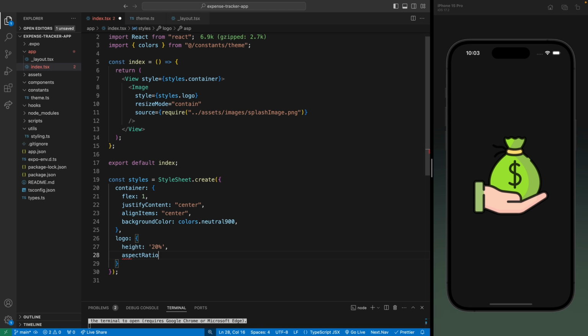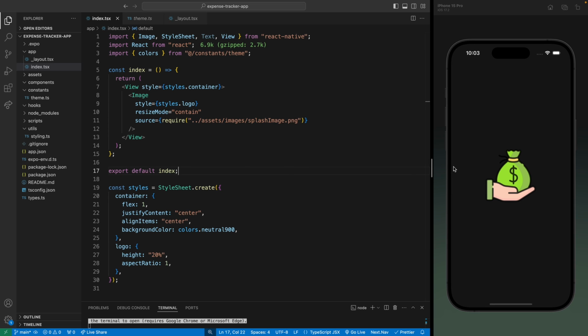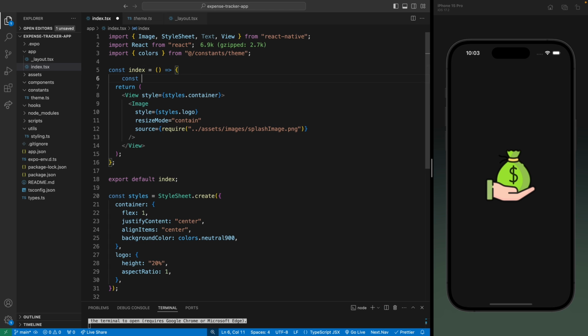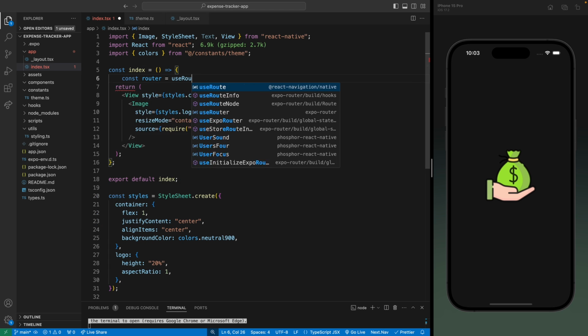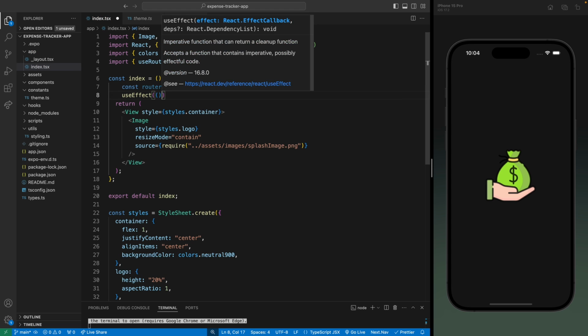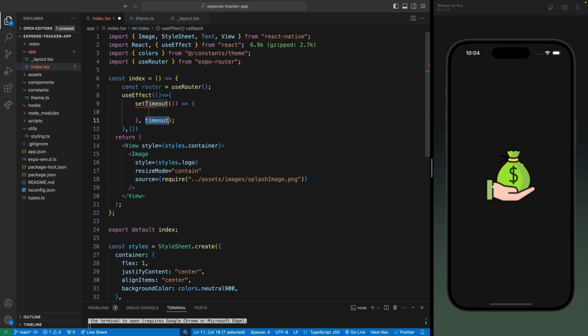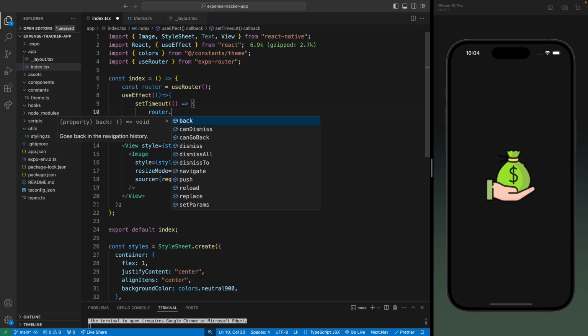So the main idea is that this will be the splash screen, and it will show for some time when we are authenticating the user, and we'll move to either the main page or welcome page based on if the user is logged in. But for now, let's just route to the welcome page. Let's use the useRouter hook, and inside the useEffect hook, we will wait for 2 seconds, and then we will move to the welcome page. We'll wait for 2 seconds, and we need to push the welcome route